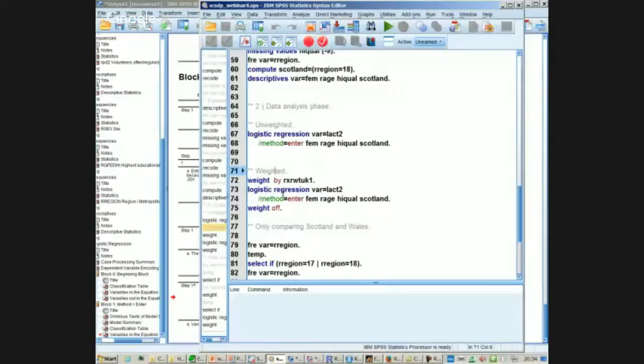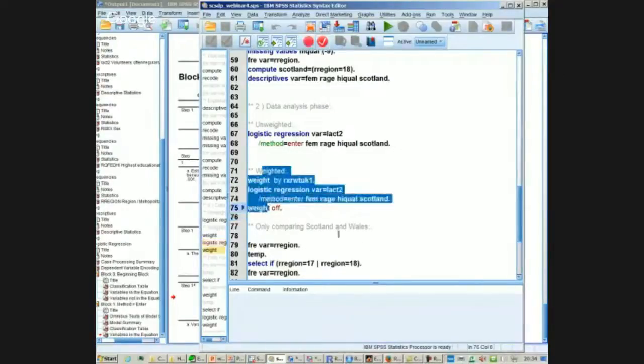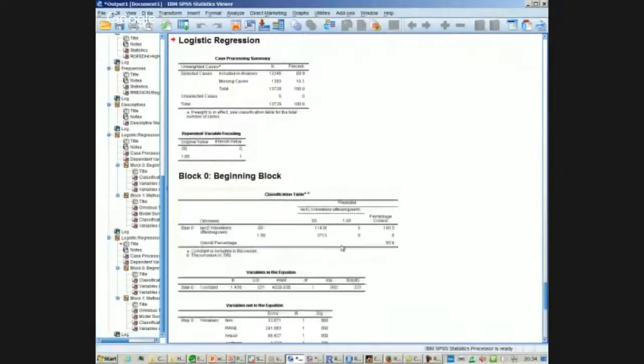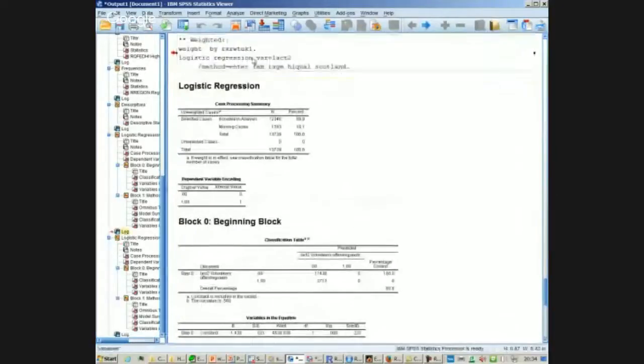In our data set, we've got a variable called RXRWTUK1, which is a weighting variable, which is designed for this purpose. The distributors of the BHPS provide this with the survey to allow us to reweight the data and get appropriate results. Now, sometimes weighting doesn't really impact the results of analysis. Sometimes it does. I've just rerun the model, but with weights switched on,